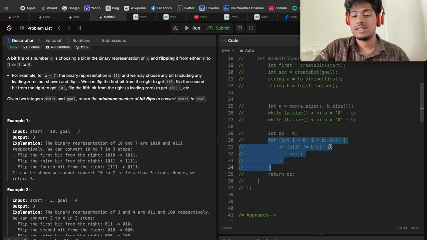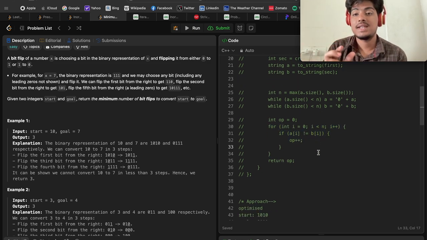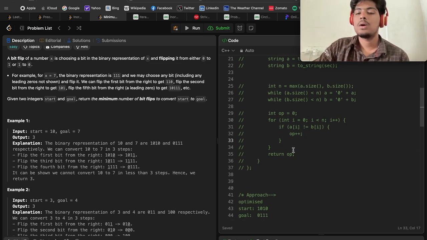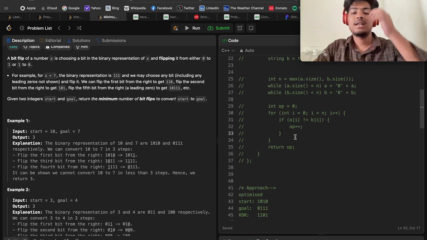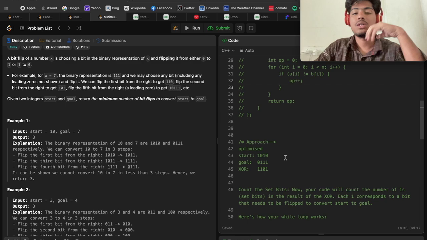traversing the number, and I am just checking that if these two are not equal, if the two strings are not equal, a of i is not equal to b of i, element of a string is not equal to element of b string, so in that case I can increase my operation. But it is passing 78 cases, but it is not passing all the cases, so that's why I use an